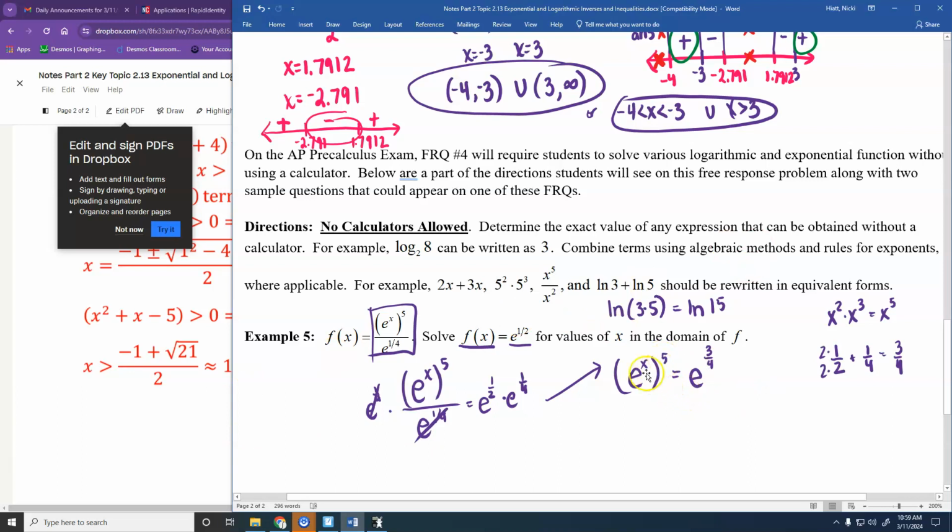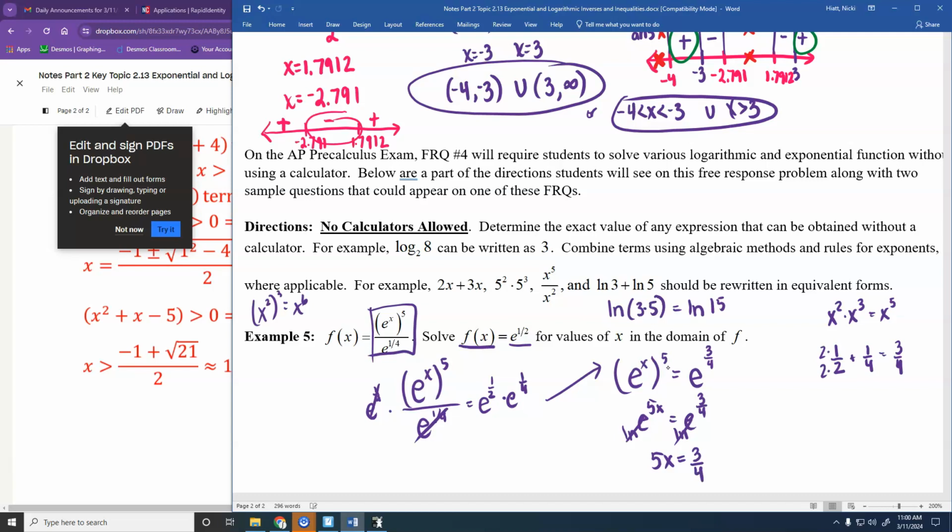Now, here, when I have powers to powers, what can I do with those exponents? Like when I have multiplying, perfect. X squared to the 3rd, that'd be x to the 6th. I'd multiply those. So I'm going to write this as e to the 5x equals e to the 3/4. And now, since I've got e's on both sides and everything's simplified, I could do natural log of both sides, that is going to cancel both of those e's out. I've just got 5x equals